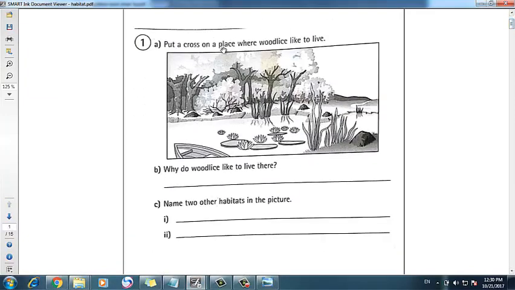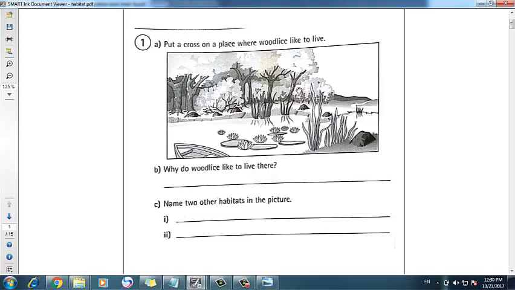Put a cross on a place where wood lice like to live. Wood lice is a certain insect. According to its name, it's called wood lice. It loves to live in wood, or wood is its own habitat. So put a cross, so it must be the tree branches and trunk. So this is the habitat of the